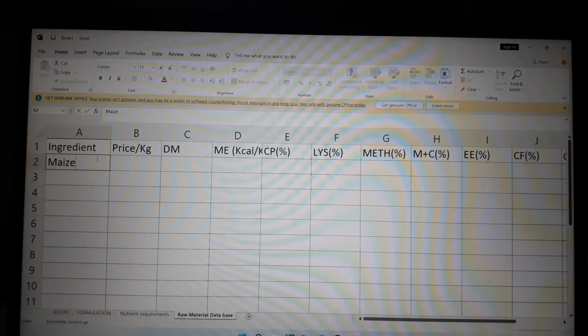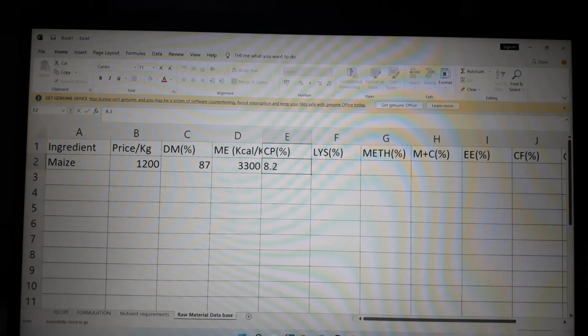You commonly call it broken maize. And I will say its price per kilo now is 1,200. Its dry matter, maybe it's 87 percent, this dry matter is always in percentage. And then its ME, maybe it is 3,300. The CP is